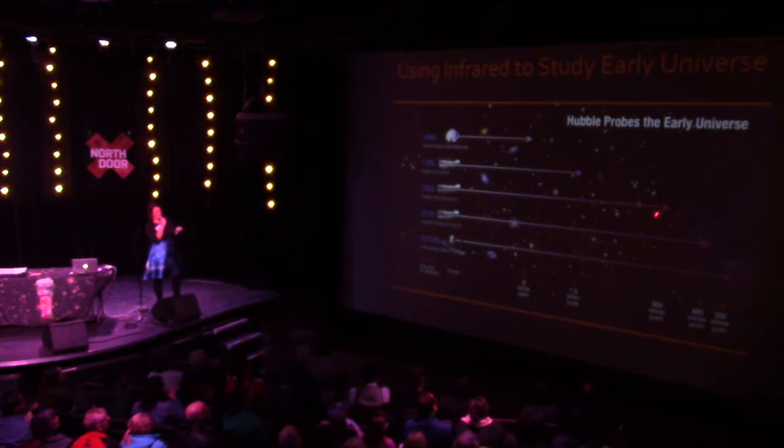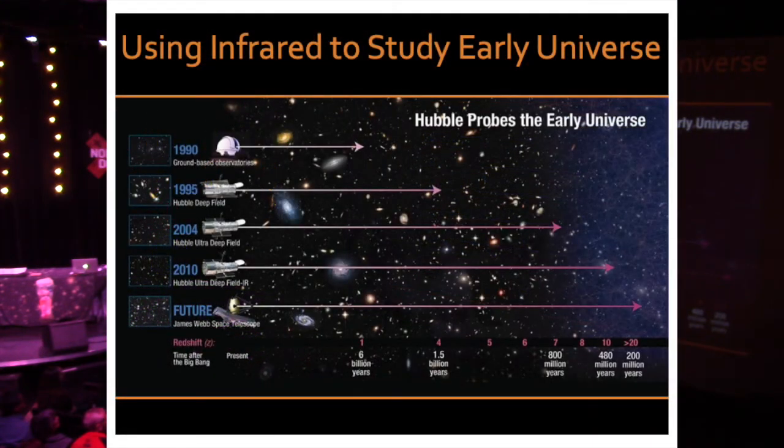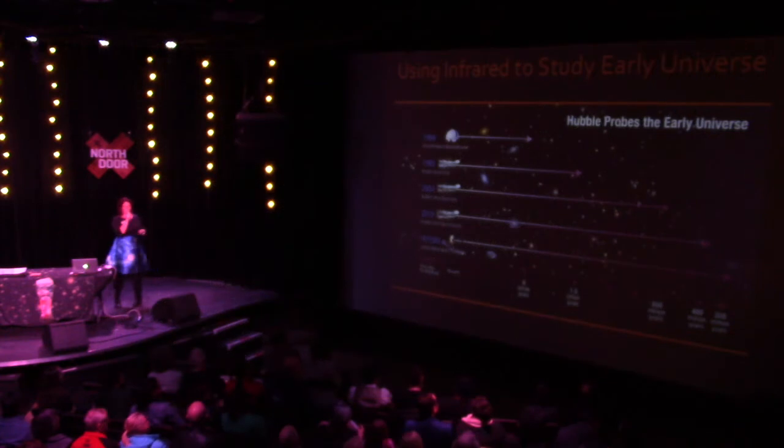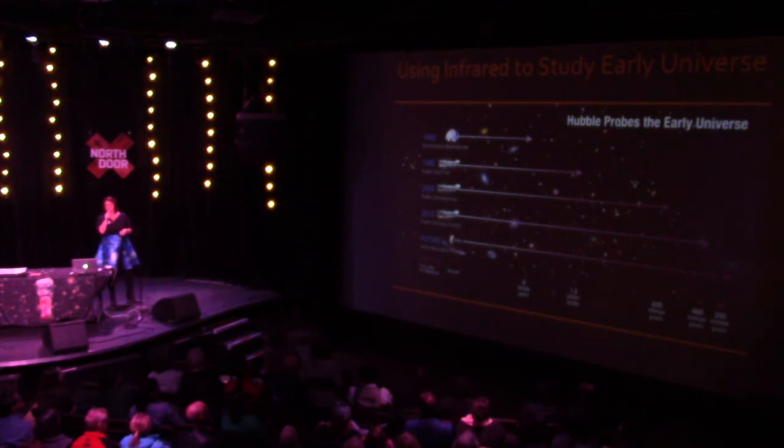So with the Hubble Ultra Deep Field, we can just barely see that far away. But if we only have one filter or one wavelength where we see this galaxy, it's really hard to know anything about it. So we need more wavelengths of light, and we need further infrared detections of these galaxies. And with a little bit more Hubble time, we can stare at it longer and see some of these things further away. But there's this thing happening sometime, I don't know when,